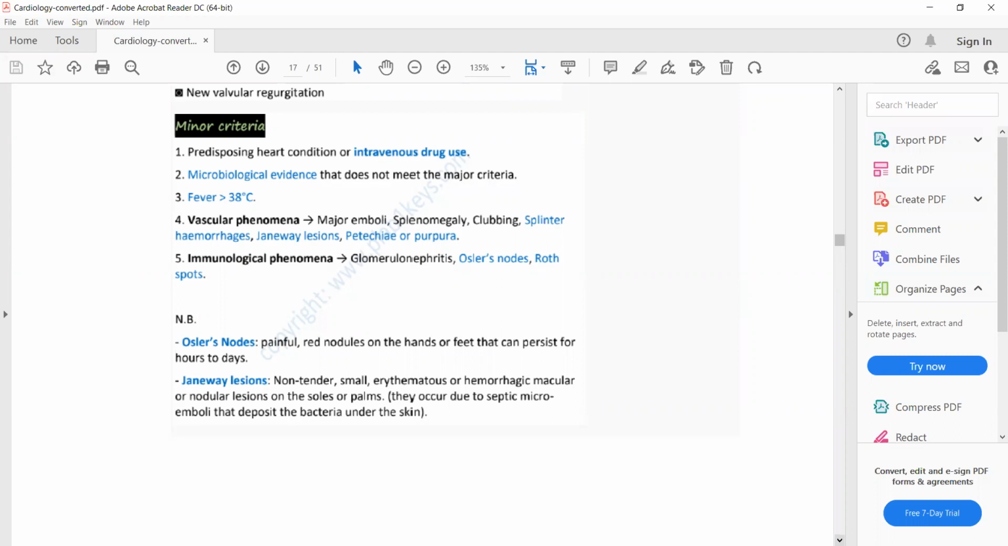JNV lesions are nodules or macules that are painless, while osseous nodes are painful. JNV lesions are due to vascular phenomena, and osseous nodes are due to immunological phenomena. Immunological phenomena means there's deposition of immune complexes, antigen antibody complexes. Deposition of antigen antibody complexes in the glomerulus will lead to glomerulonephritis, and the deposition of immune complexes in palms and soles will result in painful nodules, which are called osseous nodes, and the deposition of them in the